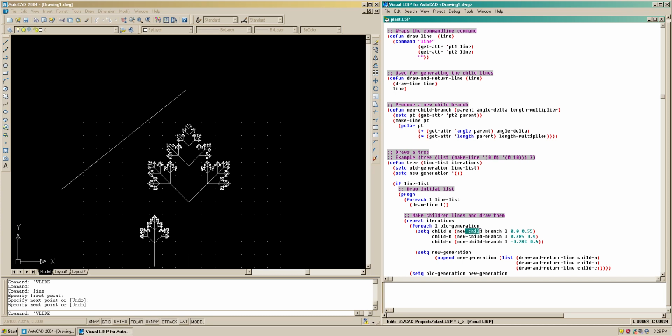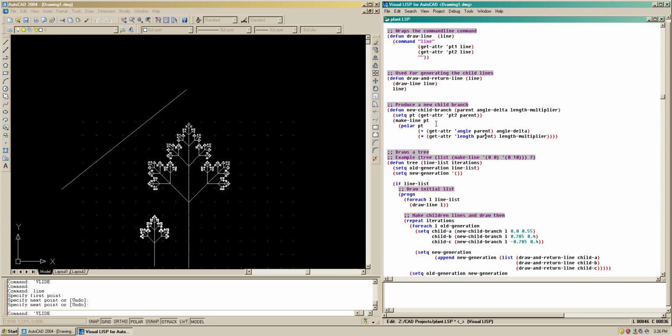I have a variable. I have a symbol. I should smack myself for saying variable. But I have a symbol and then a value that gets bound onto that, and it basically just ends right here. If you look at setq, consider it an imperative style deal, like a local variable. So anyway, I'm taking a point which is the second point of the parent, which would be the end point,